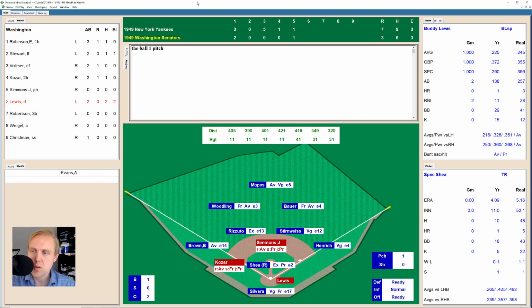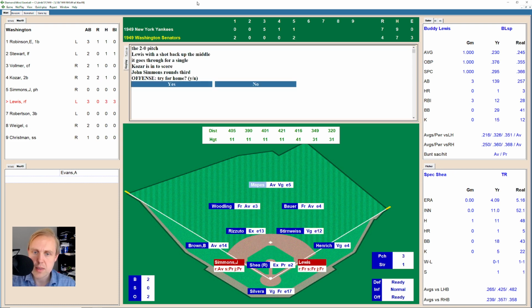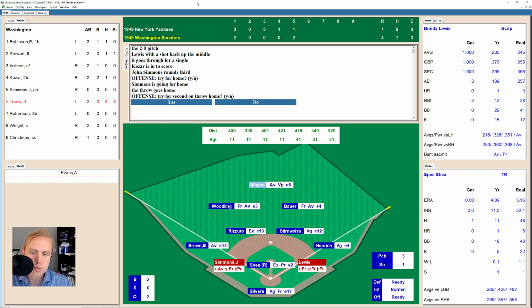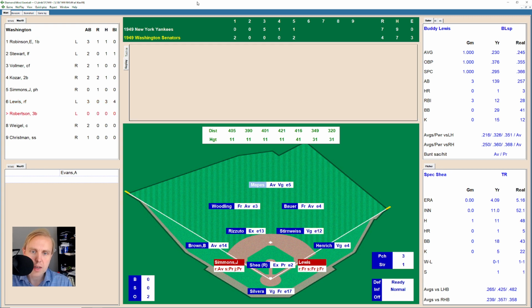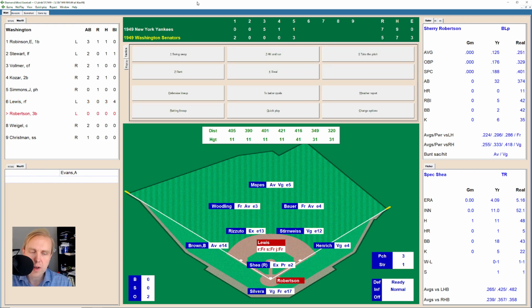There's a ball to Lewis, 1-0, and that's high, 2-0. Shot back up the middle for a base hit. That's going to score at least one. Here comes Simmons around to try to score. 2 have scored, I believe. Lewis will try for second. And it's safe at the plate, and so that makes this a 7-5 game. I'm sorry, the bases were not loaded. I don't exactly understand what happened there. The score now is